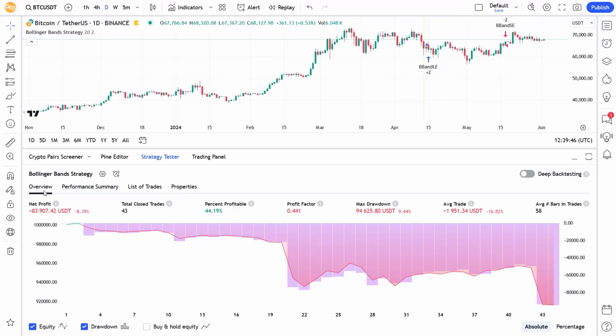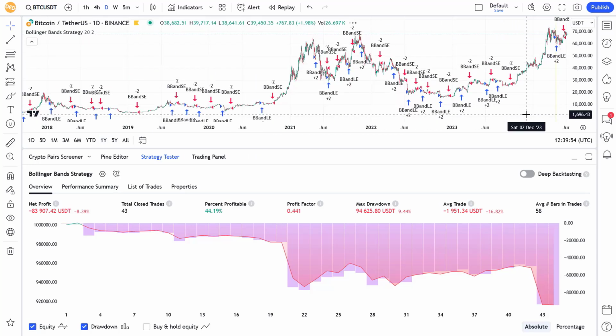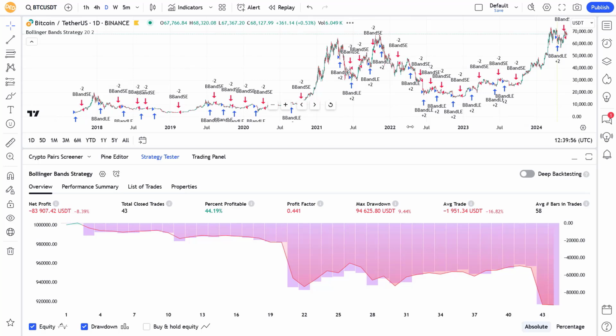The next row contains different overviews of the strategy's performance. Let me add more data to view how much data we can get to test the strategy's performance. Let's say that I use the 1 day time frame and use as much data as I can get on the screen. The graphical overview visually shows you the performance of the strategy here. In this case it is a losing strategy, but that's not what I'm concentrating on, it's more about the information